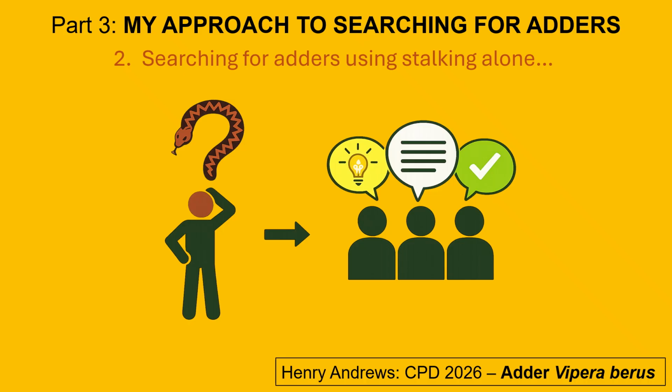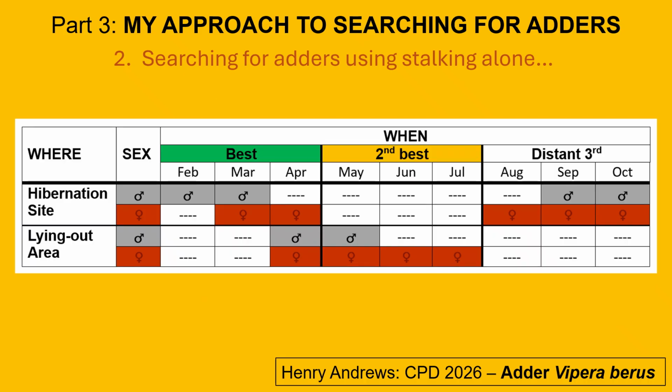Well, according to the detailed accounts, many of which are the work of Bowens and Klaus, and which I've collated in my CPD report, this appears to be a broadly accurate representation of the situation. I'll go through it now in a narrative, and if you think it's wrong, I'd really like to hear from you. First, it appears that both males and females are most visible when they emerge from hibernation and bask communally